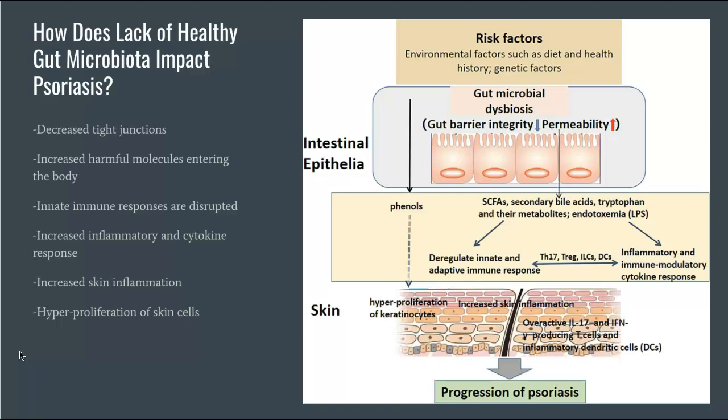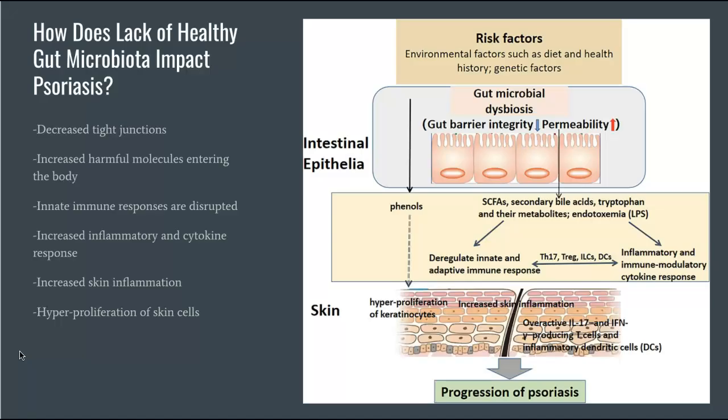So the decreased tight junctions will allow those toxins through, and this will happen with an overgrowth of pro-inflammatory bacteria or a loss of beneficial bacteria, but ultimately it will increase the intestinal permeability, and so these toxic products are then able to leak through into the bloodstream, stimulating immune cells. And so the altered balance of these immune cells will then increase inflammatory products like